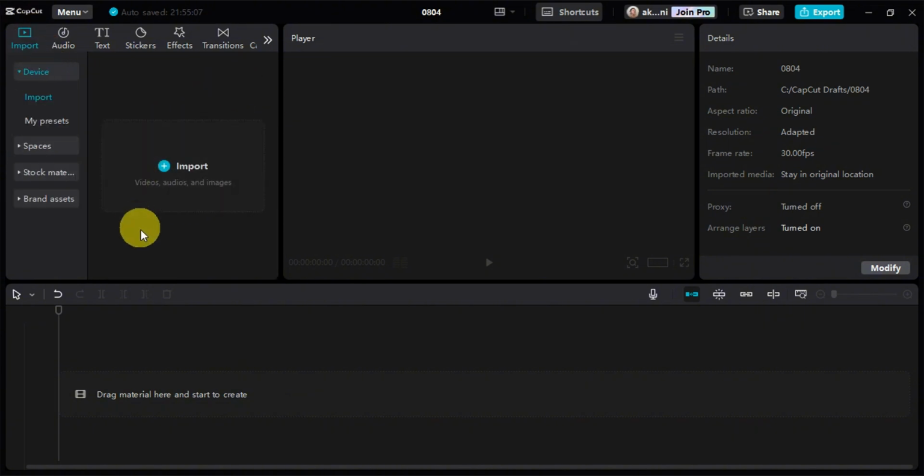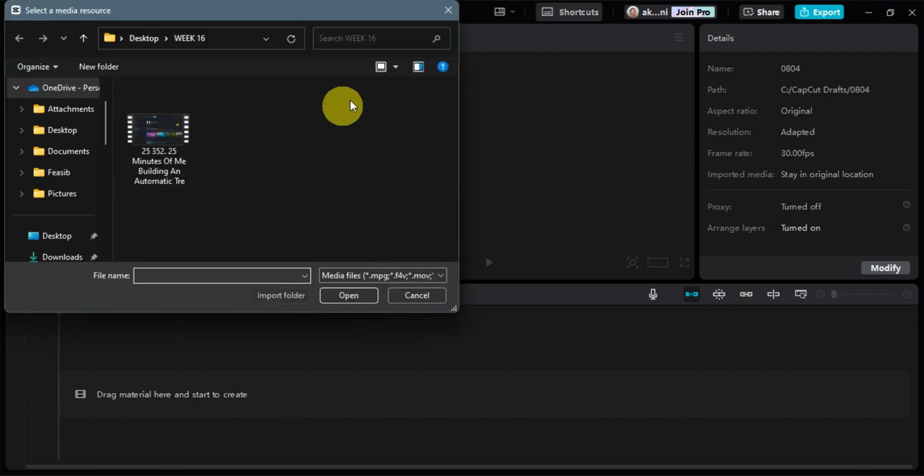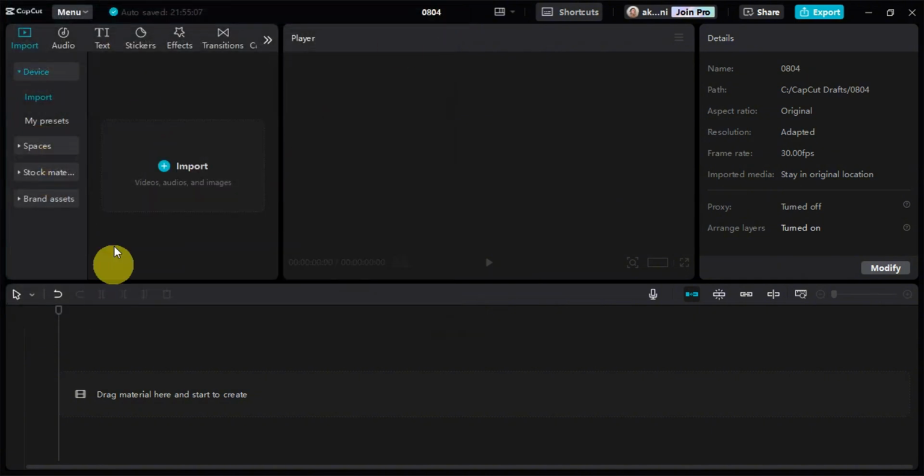So just go ahead and drag and drop the videos and audio that you want to use in here. Or you could simply click onto this to browse your different files. Just do that to add all of the items that you need for our editing in here. But for this tutorial, I think we're just going to use the stock images or stock materials that are offered